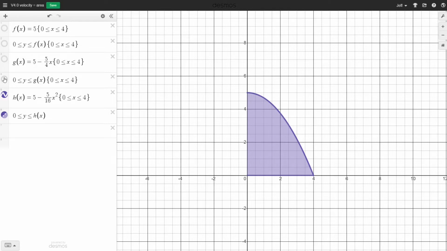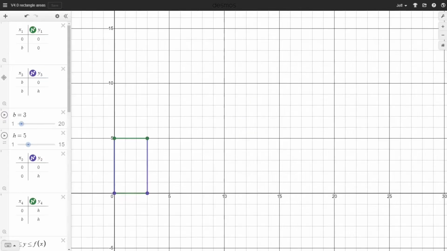Now, before we get to this problem, let's review a few things that we know about areas of geometric figures. One of the simplest geometric figures that we know how to find an area for is a rectangle. Here's one right here. It has base 3 and height 5, so the area would be 15. In general, if we have a rectangle with base b, height h, the area is b times h. Not surprising. Notice that 3 times 5 is 15, and we have exactly 15 unit squares inside this rectangle.